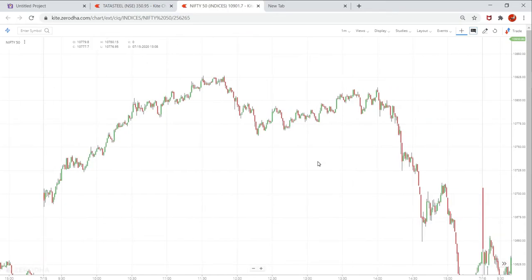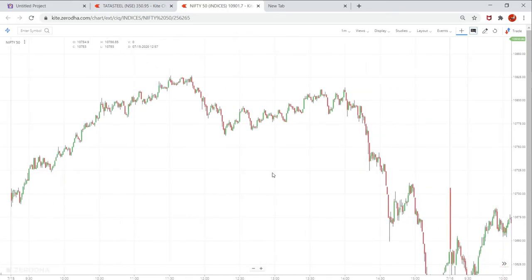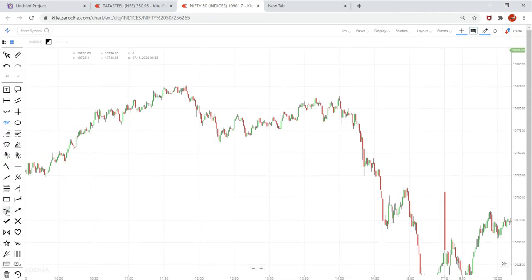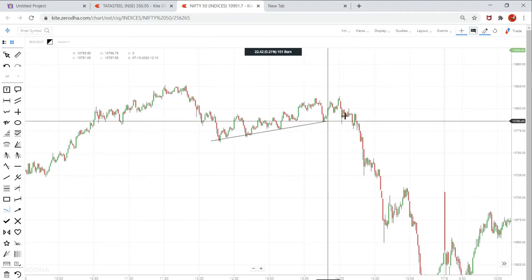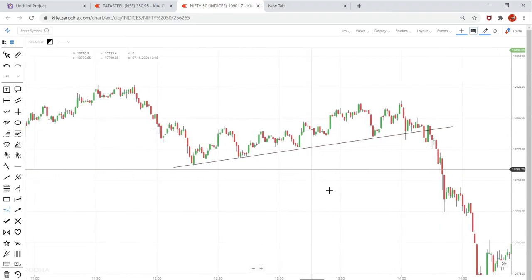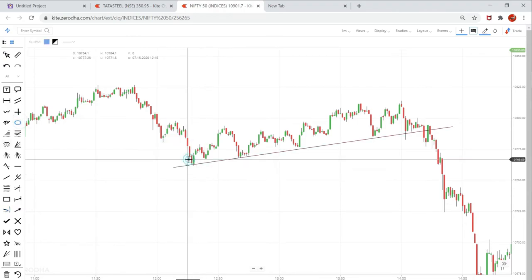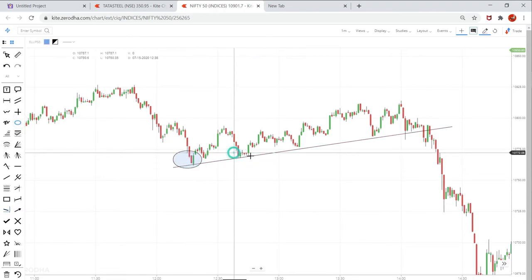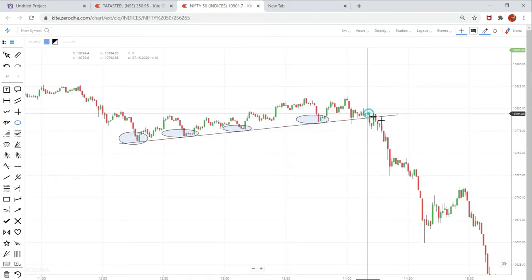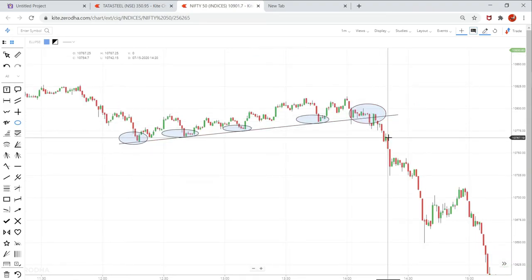So if I put in 1 minute, if I try to draw a trend line, if you see these are the lower lows. If I can draw a trend line here from here to here. See, every time it took a support at this level and it bounced back. It never came below this trend line. So if you observe this level, from this level it broke this trend line, it came back.